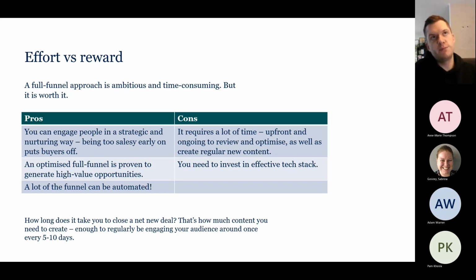The beauty of having a really optimized full funnel process is we will be able to reduce that time because we're hitting people with the content they need to push them forward, to convince and to get them to that decision process. So if we've got really generic blog content that isn't relevant to specific pain points, we're probably going to stay in that 6-month cycle.